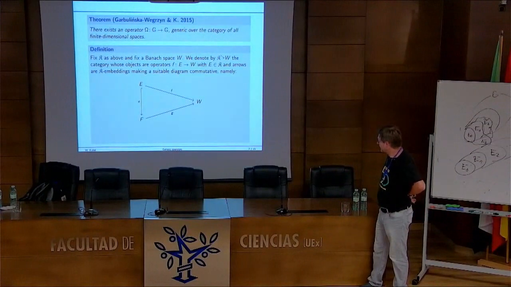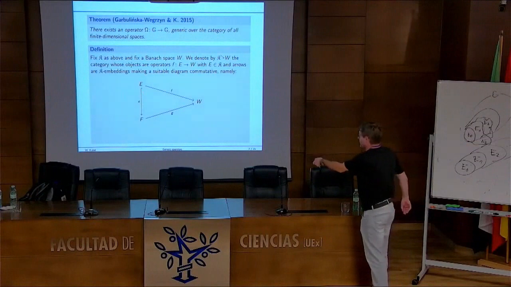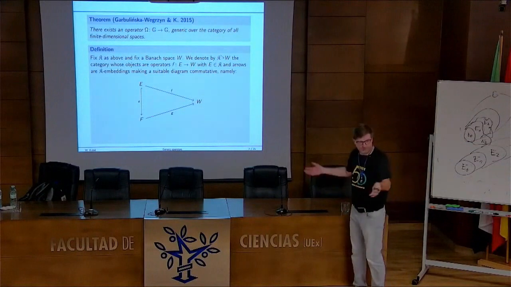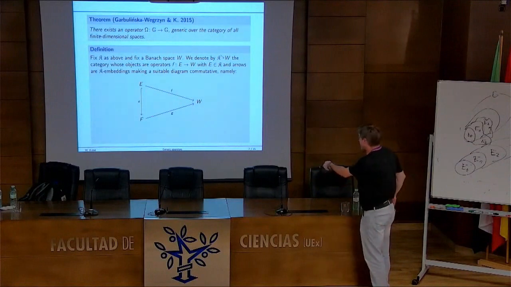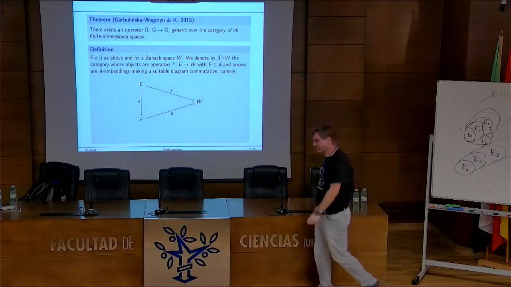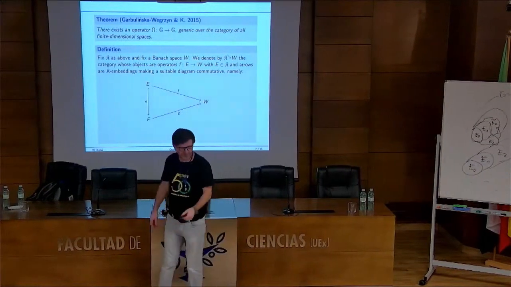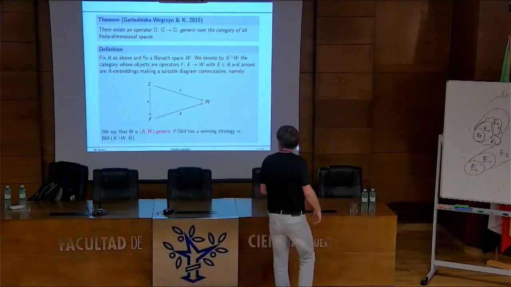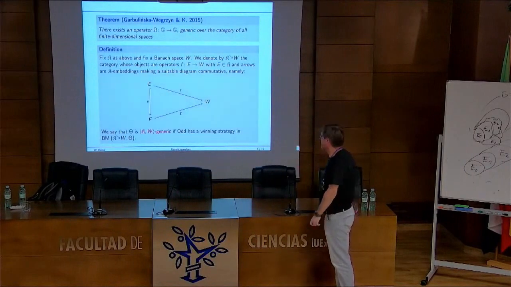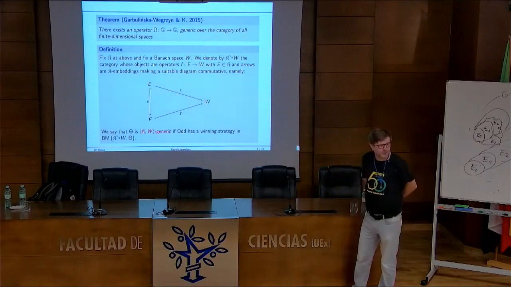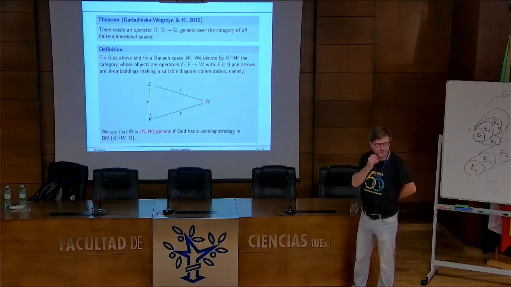And an arrow is simply moving this to this. So it is like this E is extending, yeah? G is an extension of F. But always, this is a parameter. This is fixed. And, okay, we can say that some operator is KW generic if the second player can win for this operator. Again, up to isometry, of course, yeah? Up to linear isometry.